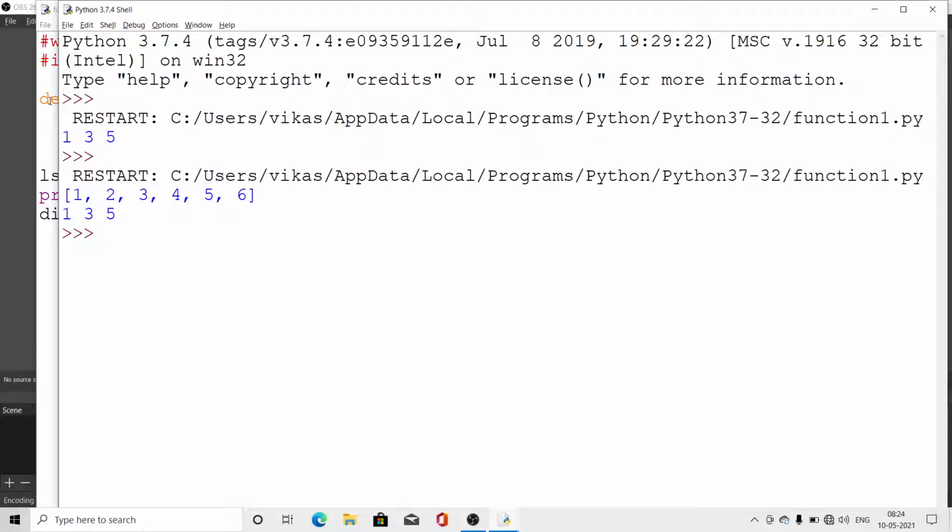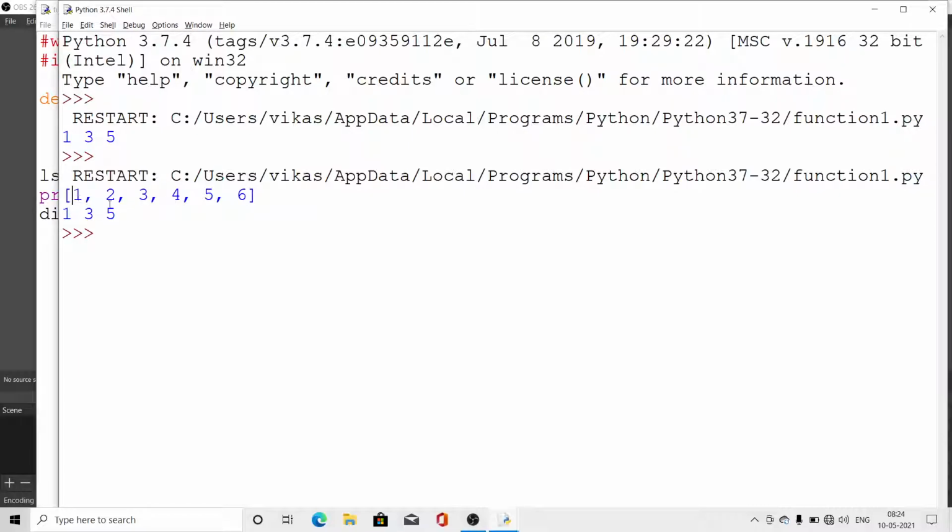Look here, this is a list. 1 is at position 0, 2 is at position 1, 3 is at position 2, 4 is at the 3rd position, and so on: 0, 1, 2, 3, 4 and 5. So if we display the even index values, what will come?